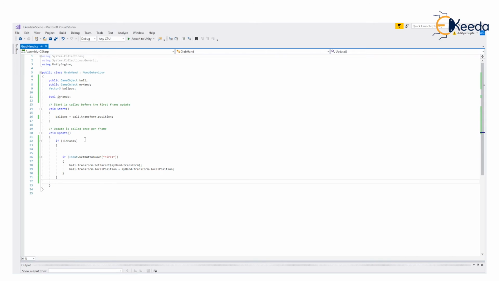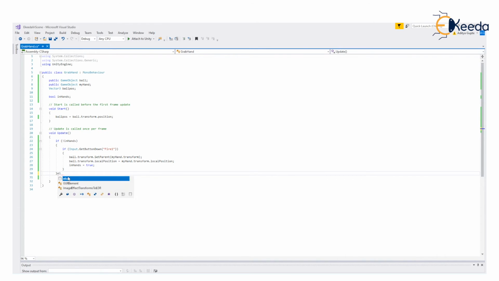If the ball is not in hand, it brings it in hand and says it is in hand now. However, you have to make sure that as soon as it is in your hand, you make in hands equal to true. So once the ball is in hand, it's creating this in hands. Else if the ball is in hands, if I click again,